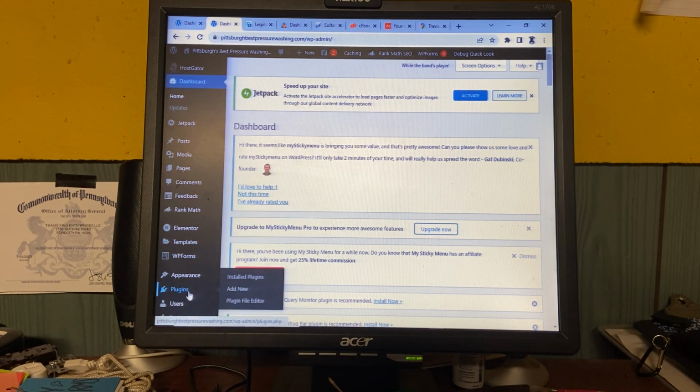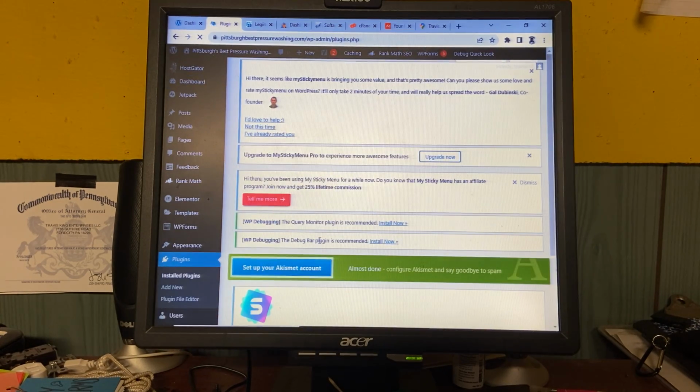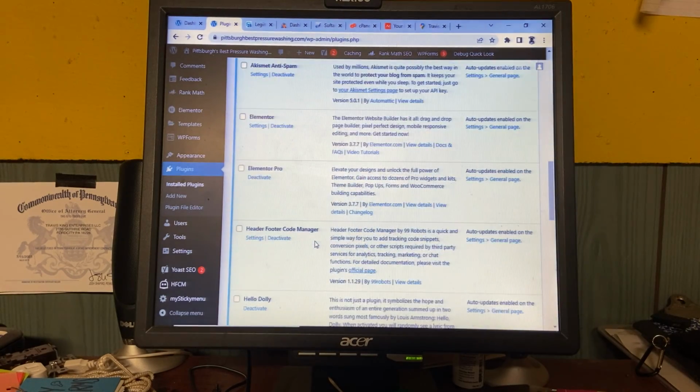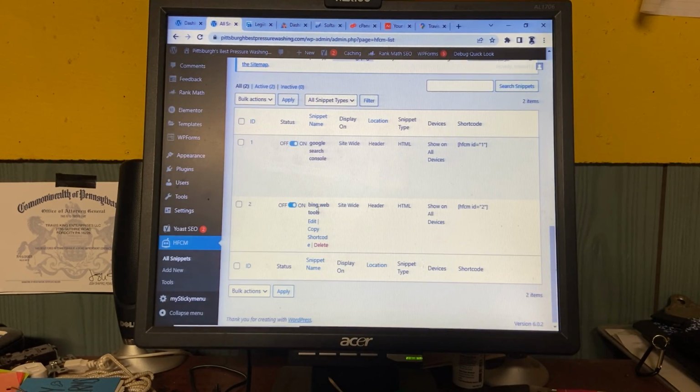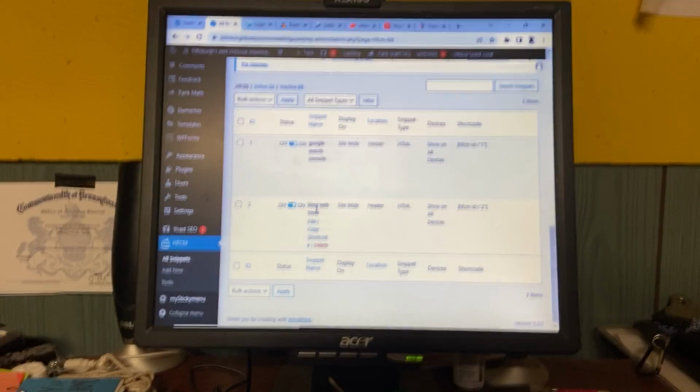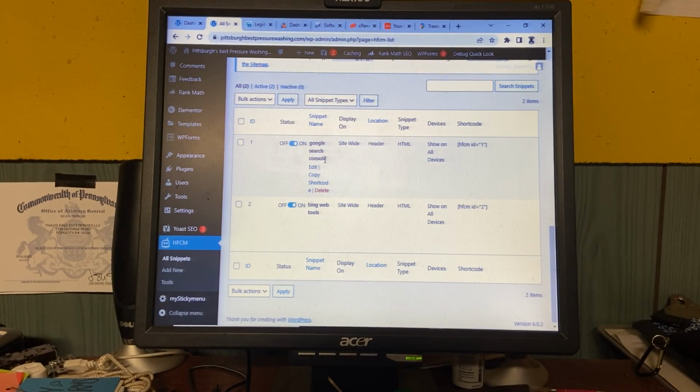With that code, what I do is I come to installed plugins. I go to header footer codes manager. And you can see here my one for Google Search Console and my one for Bing Web Tools. So I'm on both search engines.